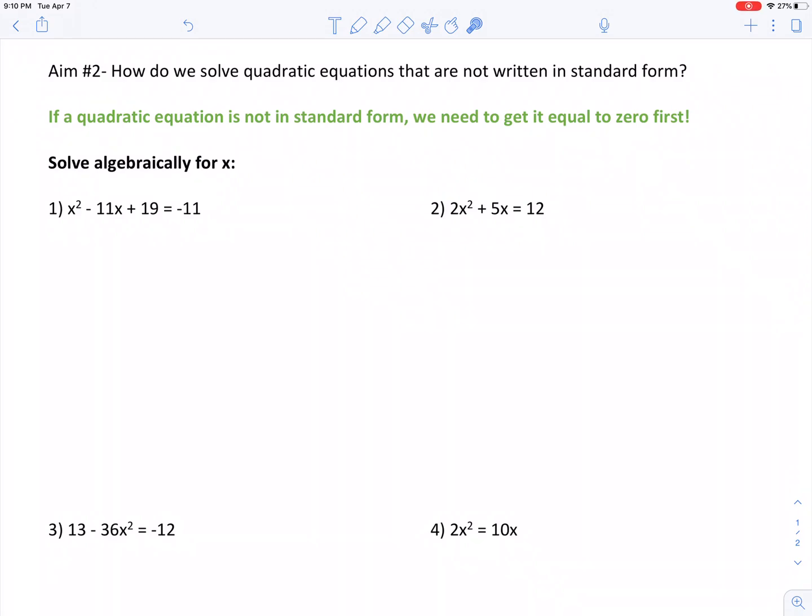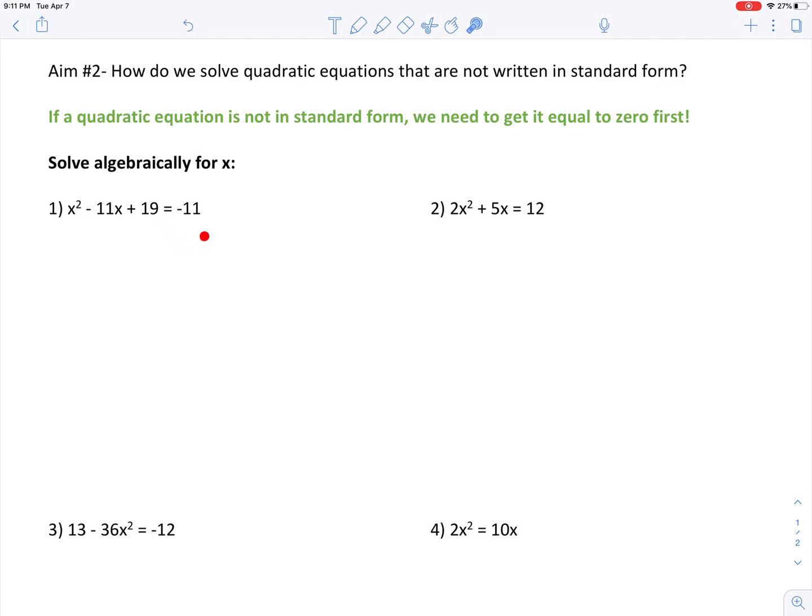Okay, so what's going to make today different is we're solving quadratic equations that are not written in standard form. All the ones from the last 2 days were in standard form. If a quadratic equation is not in standard form, we need to get it equal to 0 first. So in order to use the zero product property to solve a quadratic equation, it needs to be set equal